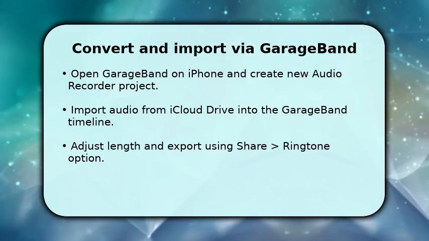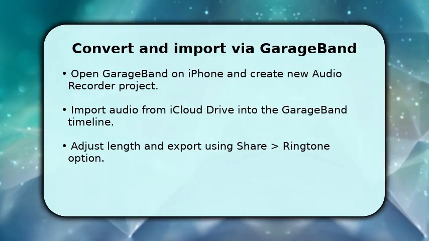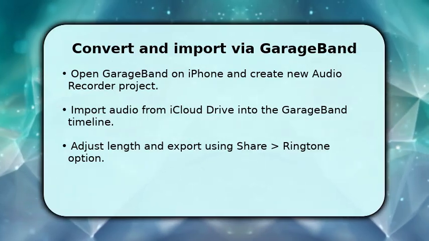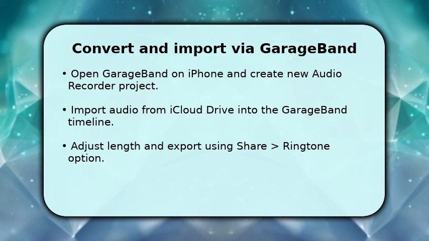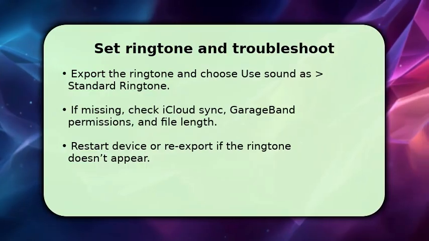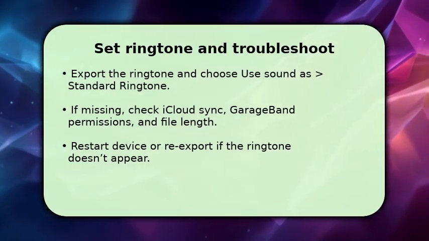Once satisfied, tap the project menu, choose Share, then Ringtone to package it in the correct format for iOS. Finish by exporting and assigning the ringtone. When GarageBand prompts after export, choose Use Sound As and set it as your standard ringtone or assign to a